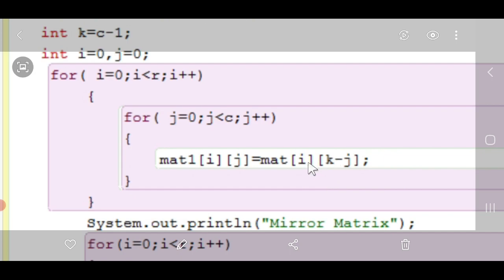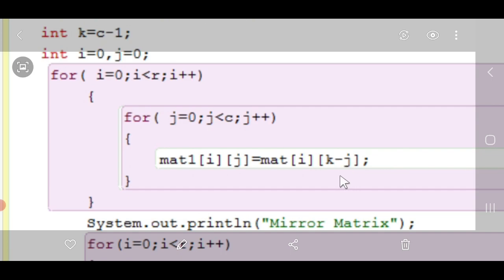First row, so i is 0, but here in the column index it's going to be k minus j, because we are copying the data in the reverse order. So that is why this has been done. The row remains the same but the column varies, so we have written here k minus j.